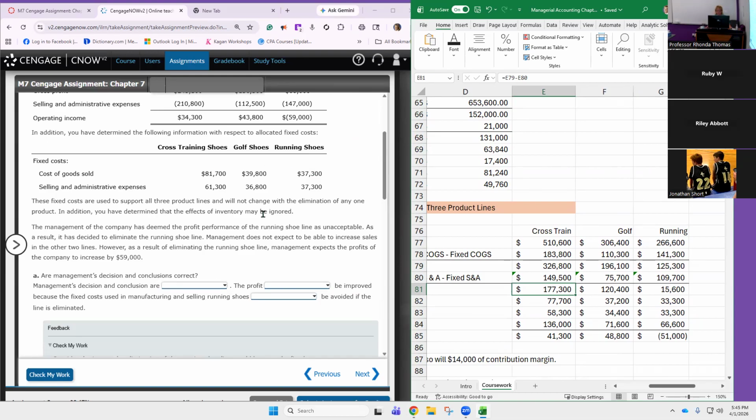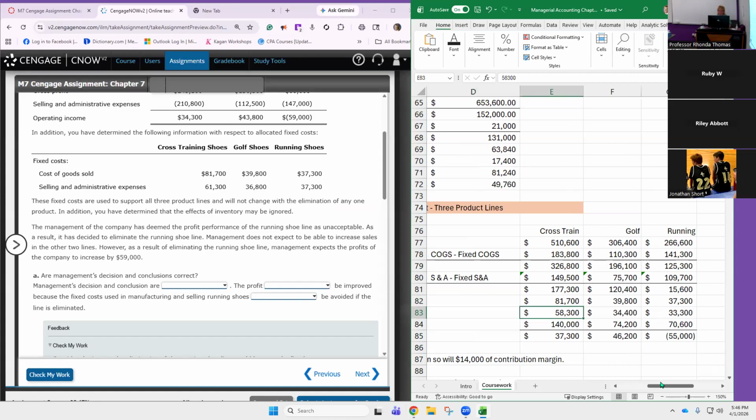They're all right there. So I'm just going to key these in for each line of shoes. Okay, those are all my fixed cost of goods manufactured, and then selling, the fixed part,